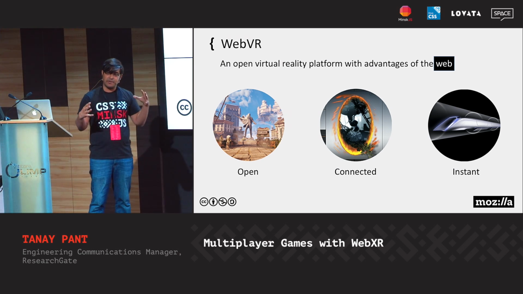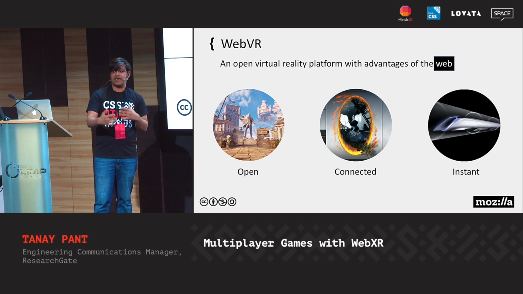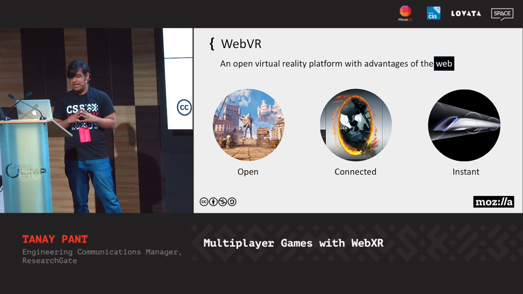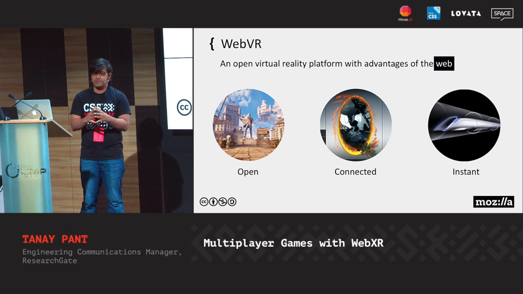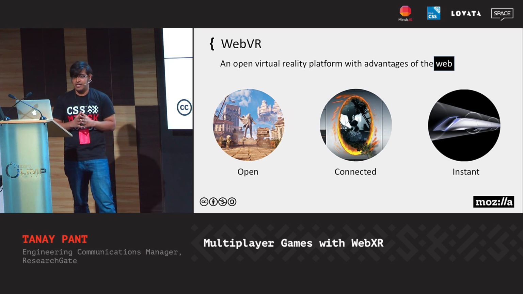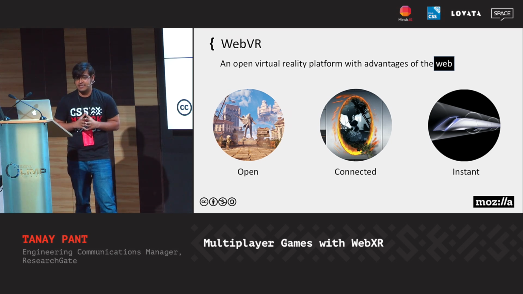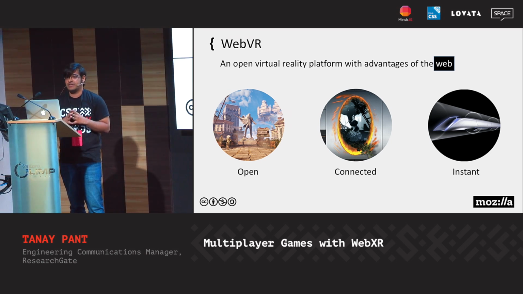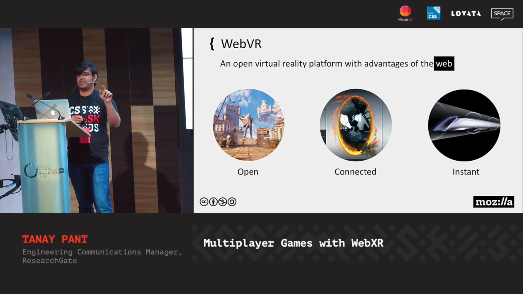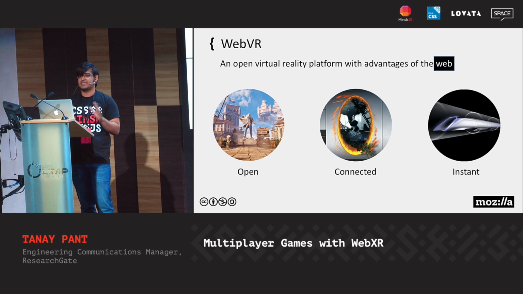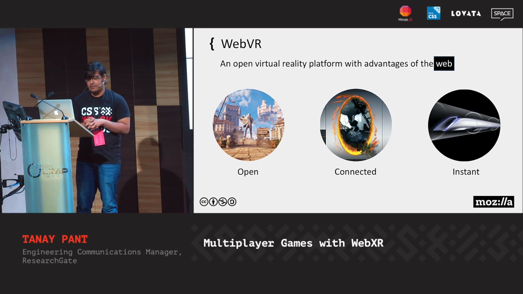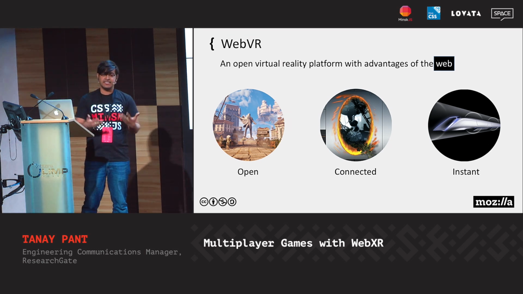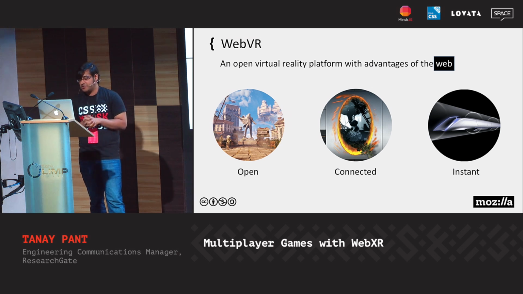Different VR scenes can be interconnected with each other via hyperlinks and portals. And one could have instant VR experiences. You create your HTML files, you serve them over the internet, send a link to your friend. And it's as easy as sending it over Telegram or Facebook Messenger, and they just have to click on it. No build steps, no installations required. This indeed seemed something I would like to try.